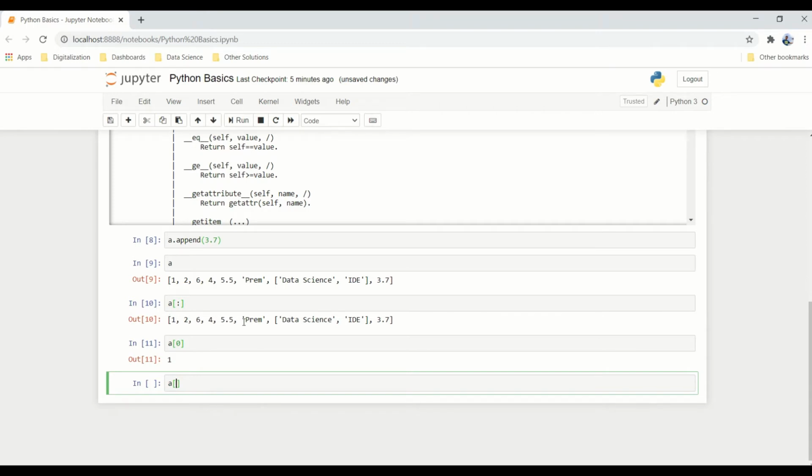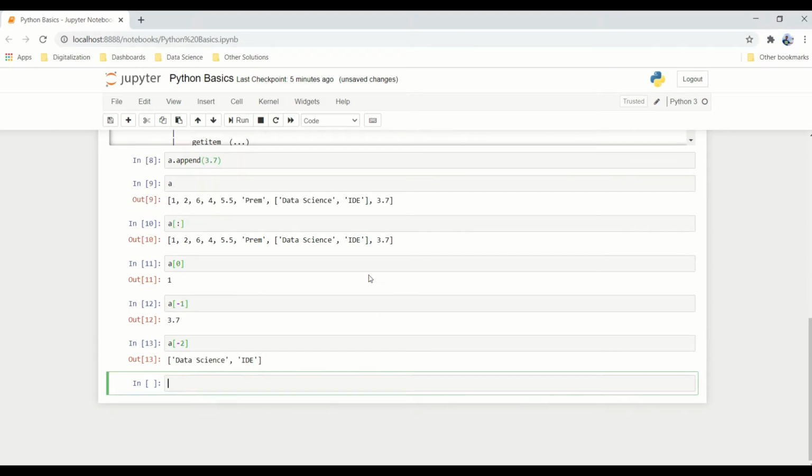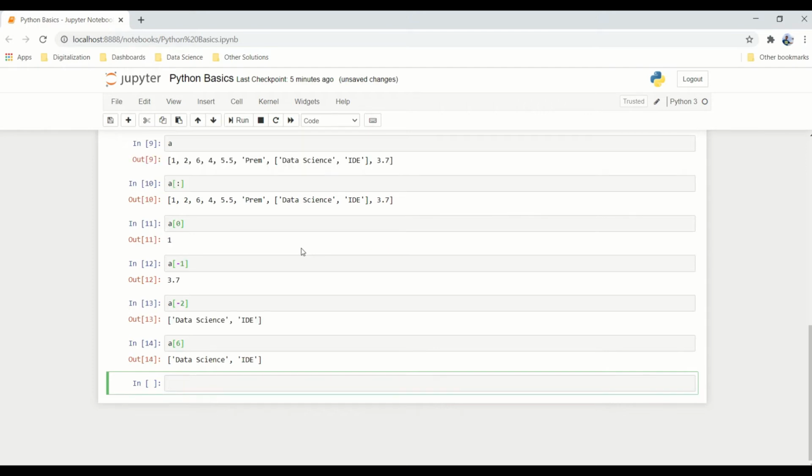It starts from the right. So 0 starts from the left and negative starts from the right. If you try A of -2, it starts from right to left and shows the nested list. Data Science IDE, if you count from left to right, is in the 6th position, so that will also give the same result.